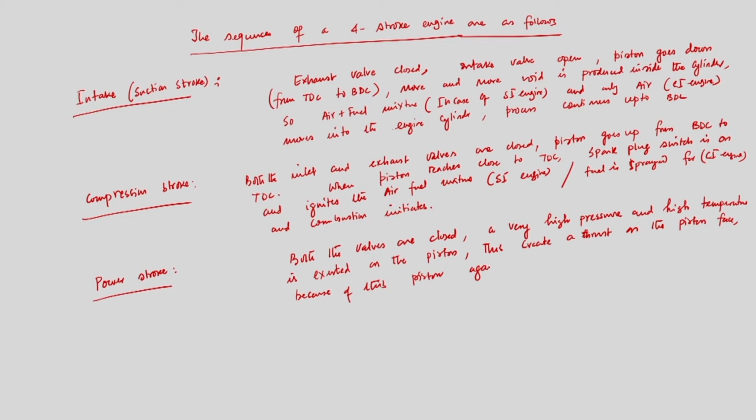the piston again moves from TDC to BDC. So piston movement is instantaneous, so I can't say that the piston will remain there at TDC, but the piston starts its journey from TDC towards BDC at the beginning of the power stroke. Whenever the piston is coming from TDC to BDC, combustion has already initiated and will be completed maybe when the piston is a little bit away from the TDC. So the high pressure and temperature generated because of the combustion will create a huge thrust on the piston face, which will allow the piston to move down. I mean, that creates power.